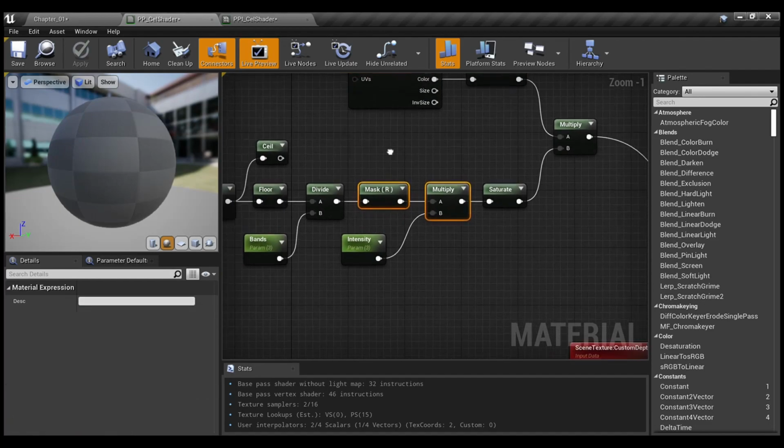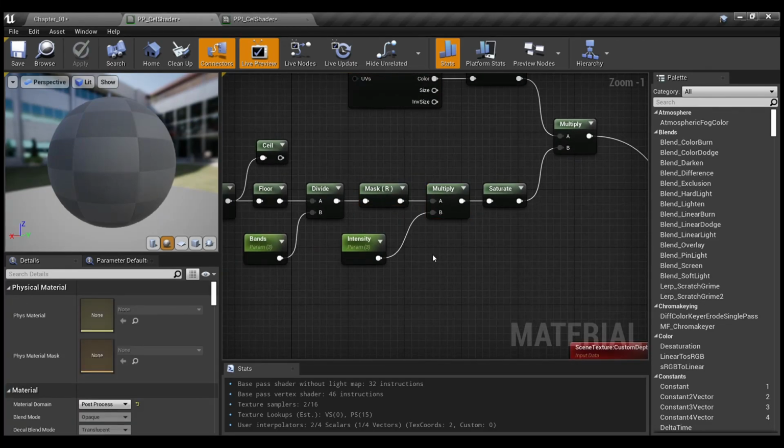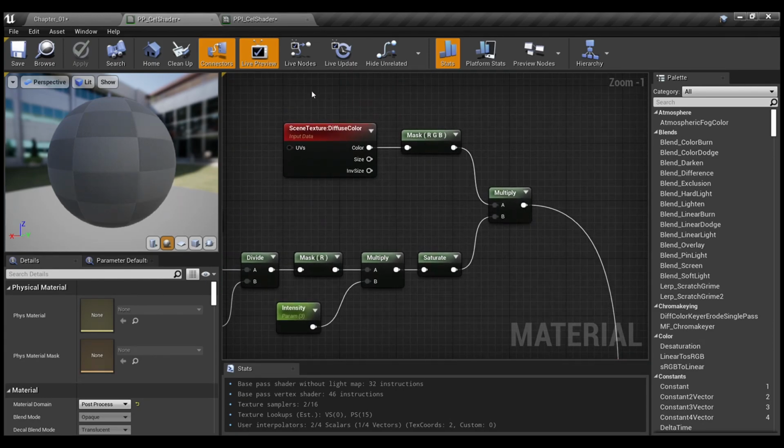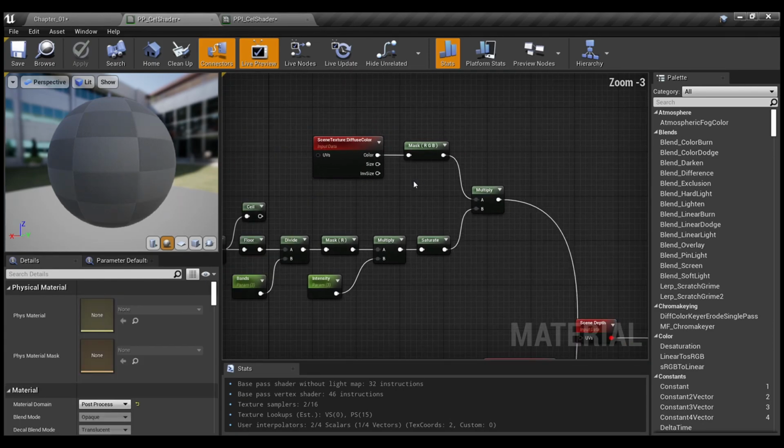Next we multiply the results by a certain scalar, to have some emissive on it to empower our mask, and we need to saturate it so the value won't go outside of the range from 0 to 1,